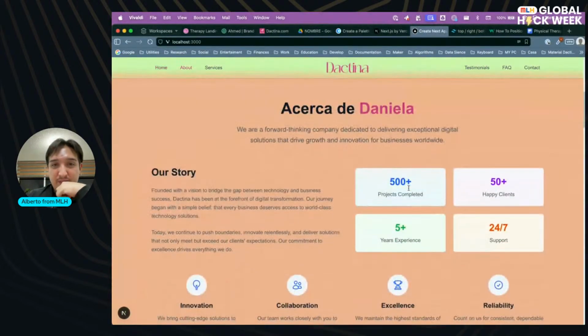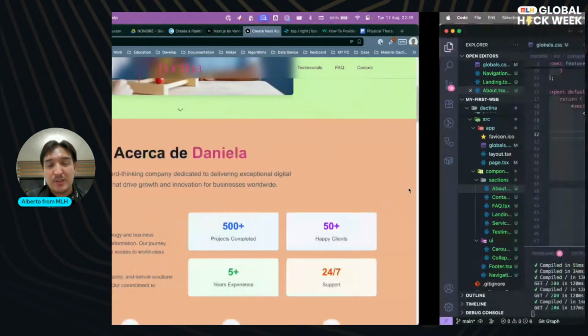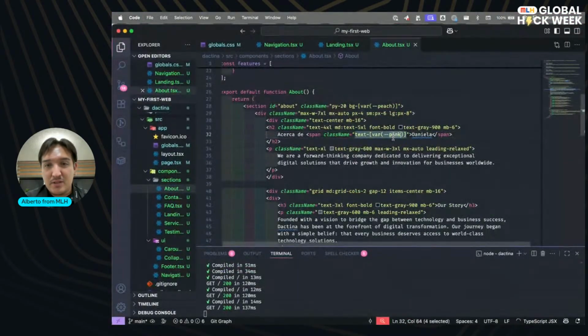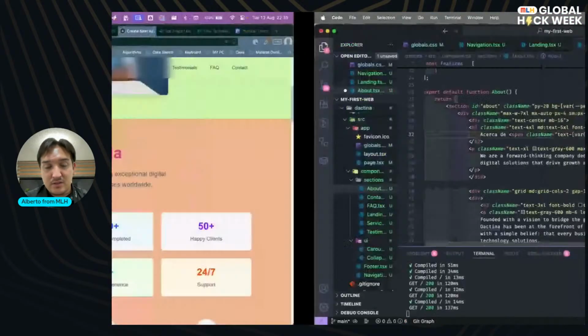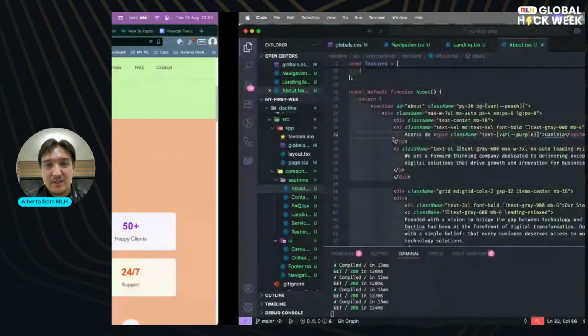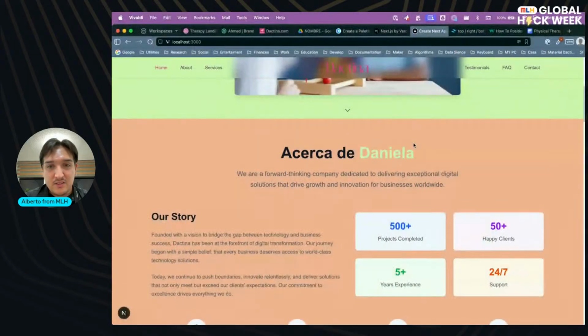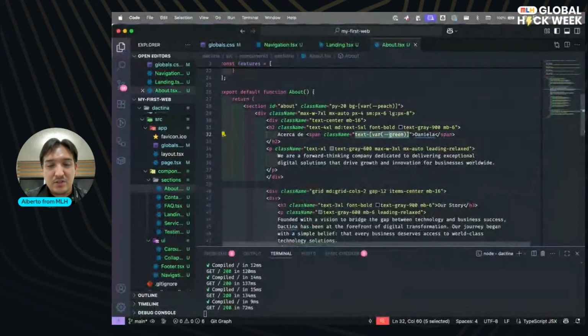Let's see. Or is purple a better option? No, I think, or even green. No, that's too much contrast.